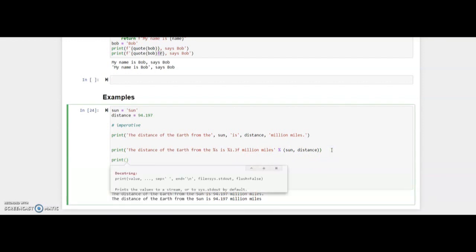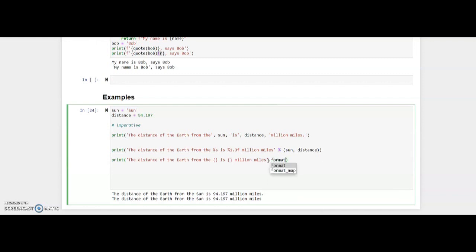So again, print. I'm just going to copy paste this part, because I'm just going to say the same dialogue over and over. I'm just going to change the code a little bit. So instead of %s, I'm going to put the curly braces. And actually, it thought that I meant to put the stuff inside it. I didn't. So again, the curly braces, and now at the end, you don't have to put this on a separate line. I can just say dot format, and now I can say the sun and the distance,